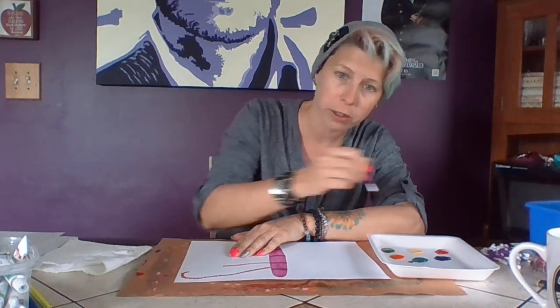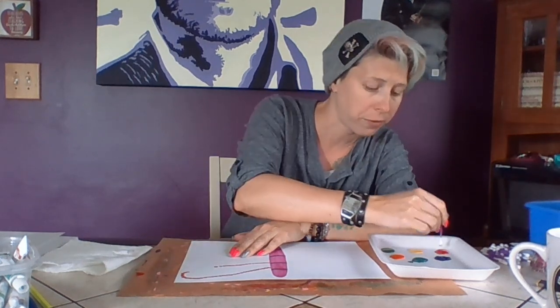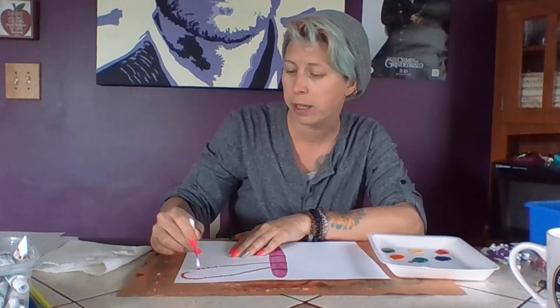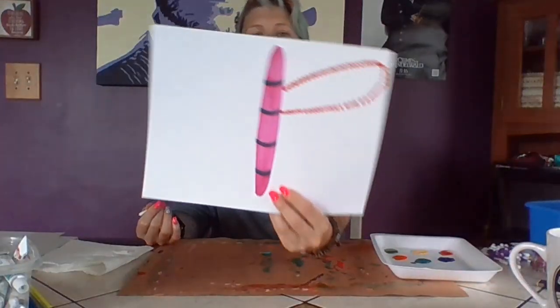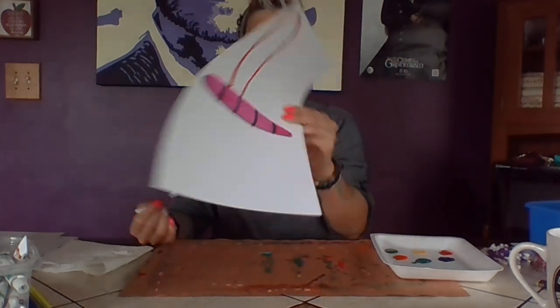So I'm just kind of going around the outline of my wing. They don't have to do that. If they want to start by filling in some areas, that's fine. So you can see how long the project does take. So just by doing that,